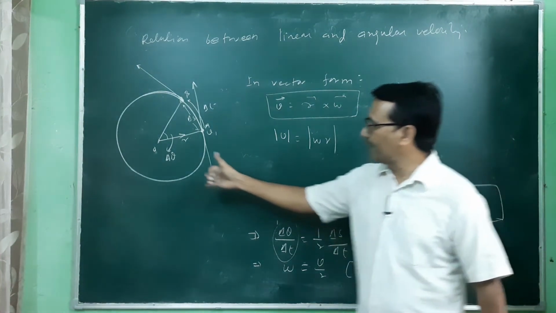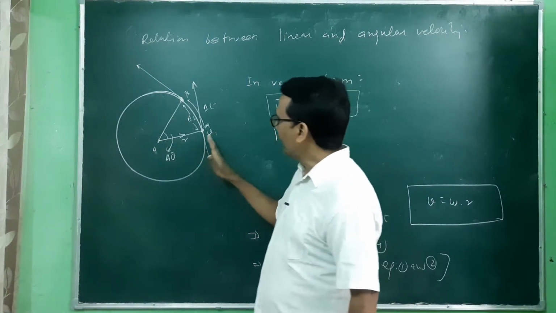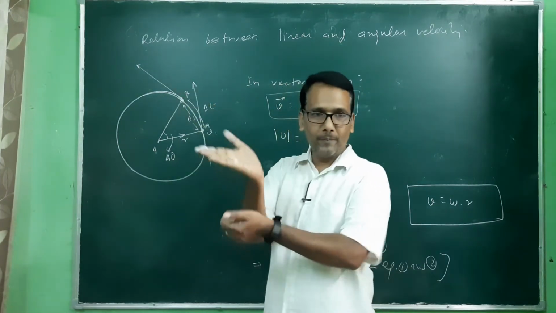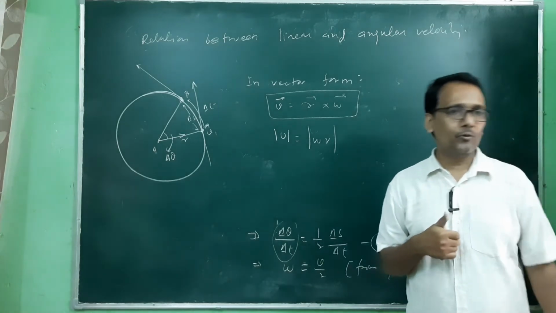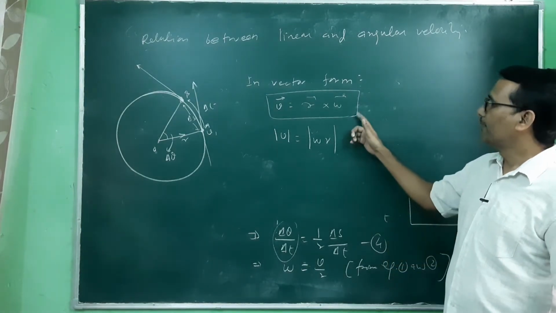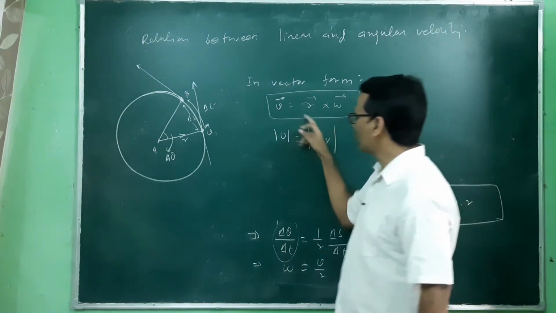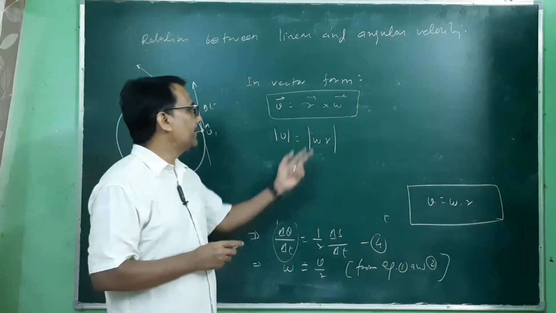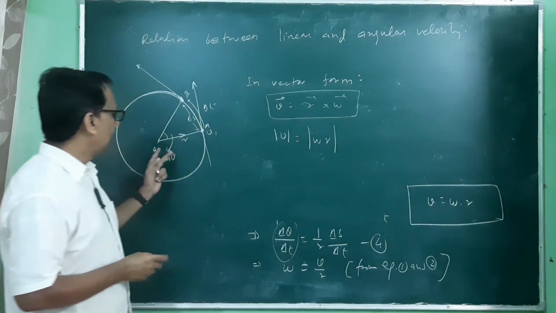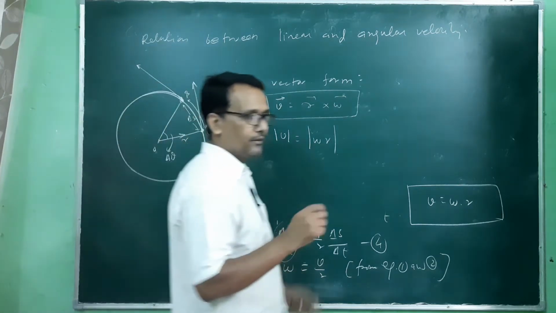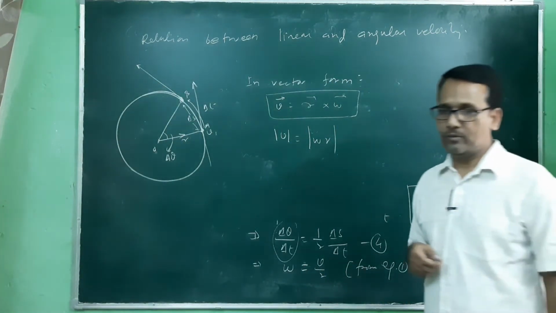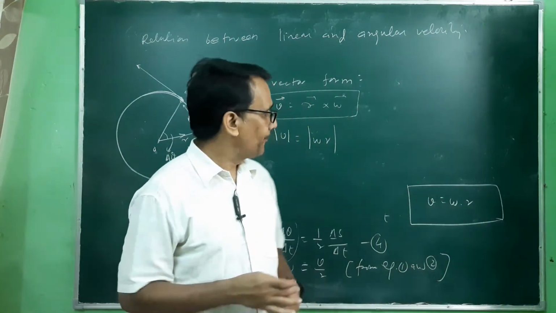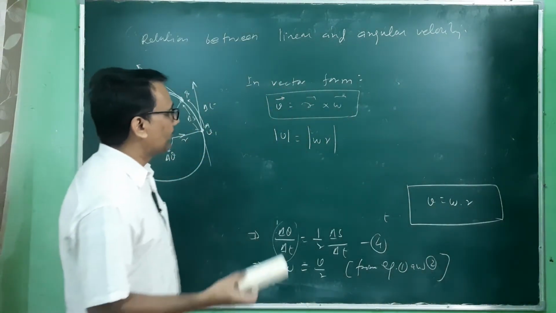All three are perpendicular: this is in this direction, this is in this direction, both are mutually perpendicular, and the third also has to be mutually perpendicular. So the direction of omega is just obtained from this cross product. This follows the screw rule, the right hand rule, the right hand multiplication rule, and the direction one can write. Okay, now let's calculate that